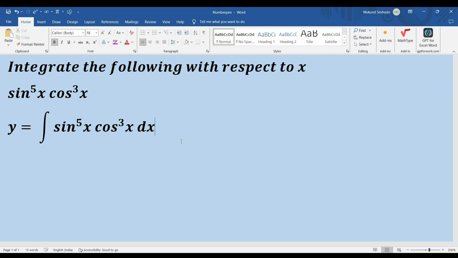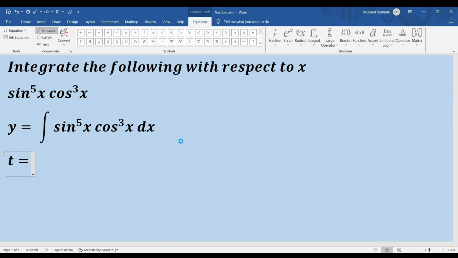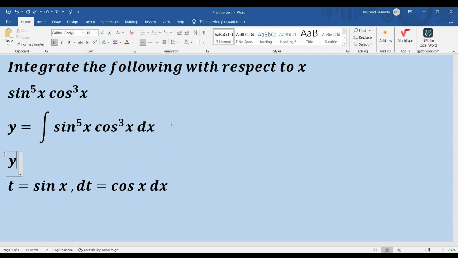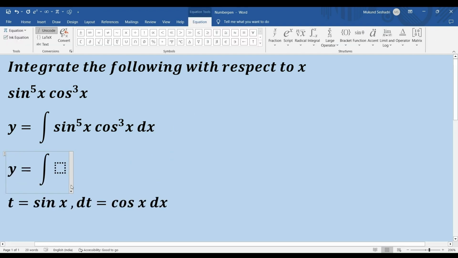And what's that substitution I'm going to make? I'm going to make a very simple t equal to sine x. And why am I doing that? You will understand this in the next step, because when I differentiate this, I know that my dt becomes equal to cos x dx, right? And I go back to my y and I notice that I have a cos cube, right? So can I write my cos cube as cos into cos square, right? And why am I doing that? Because when I do that, which you will understand in the subsequent step,